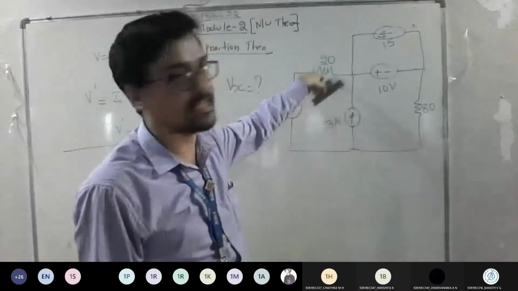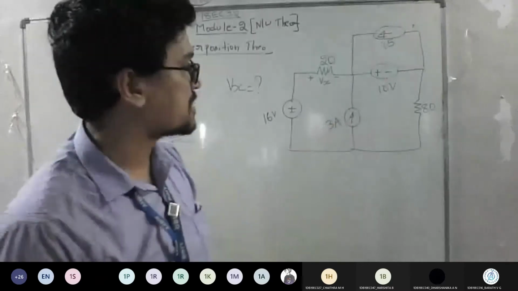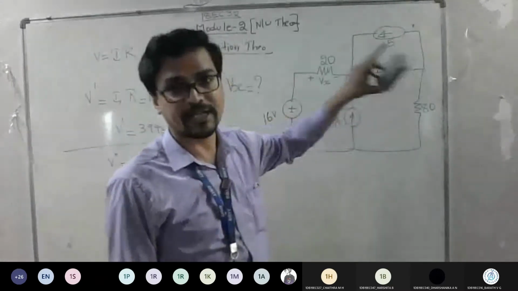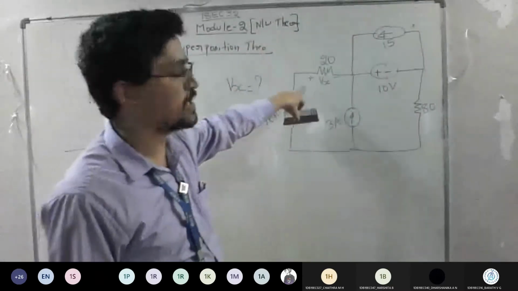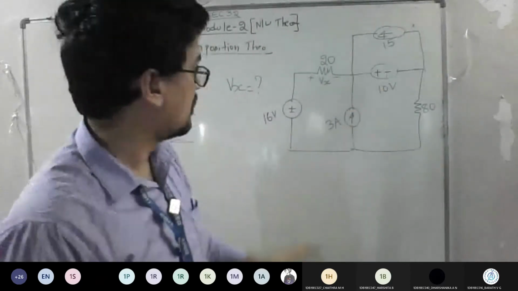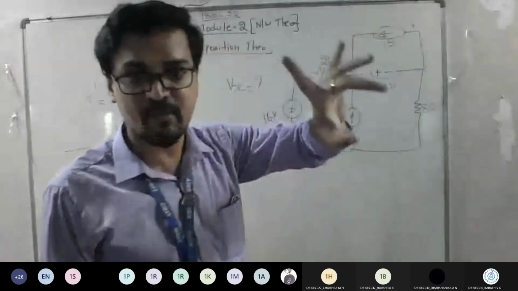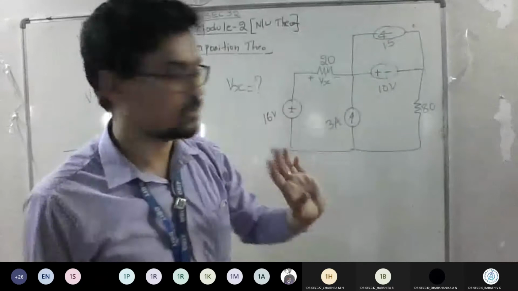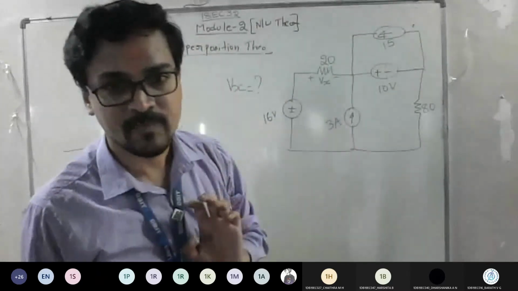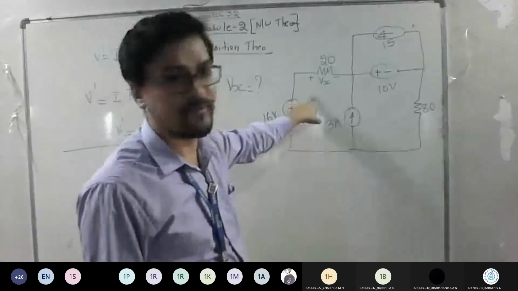Same logic: find the current across the 20 ohm resistor, then multiply the current by the resistance to get Vx dash. Case 2: 16 volt deactivated, 10 volt activated, current sources open. This becomes Vx double dash. Last cases: both voltage sources short. If we have n number of current sources, same logic: one is active, the others are open circuit. If you make the 3 amp active, the 1.5 amp becomes open circuit. Am I clear? So case 3 will give you Vx triple dash.